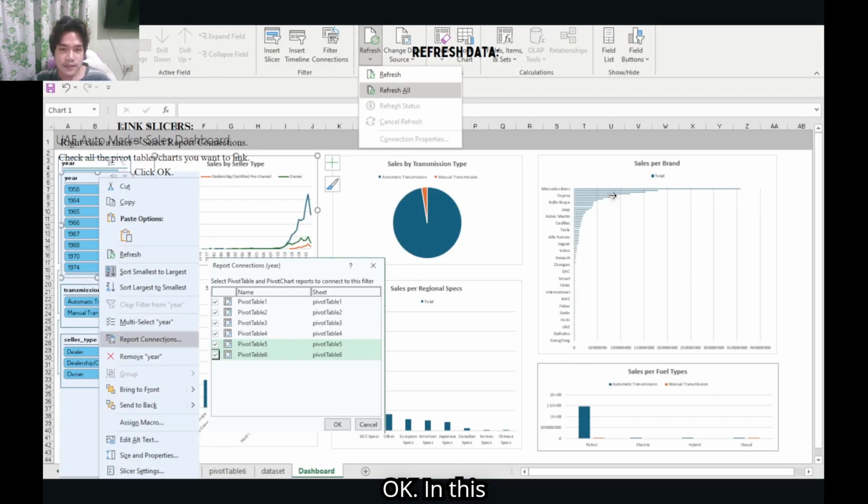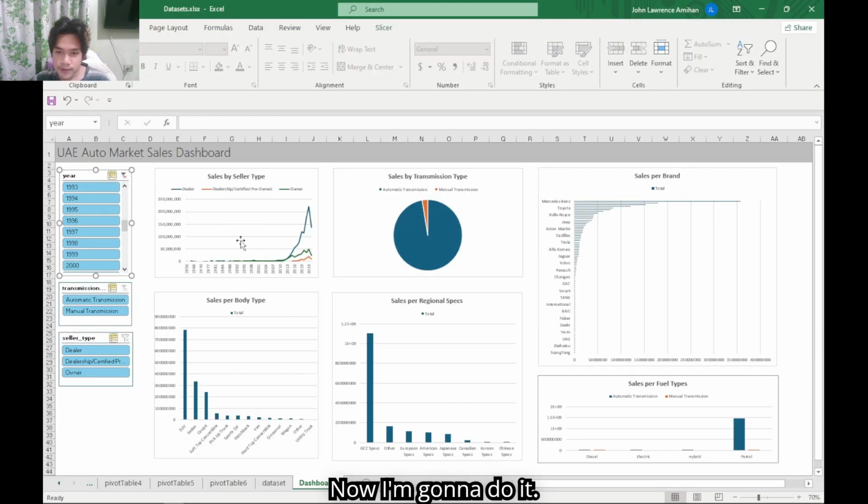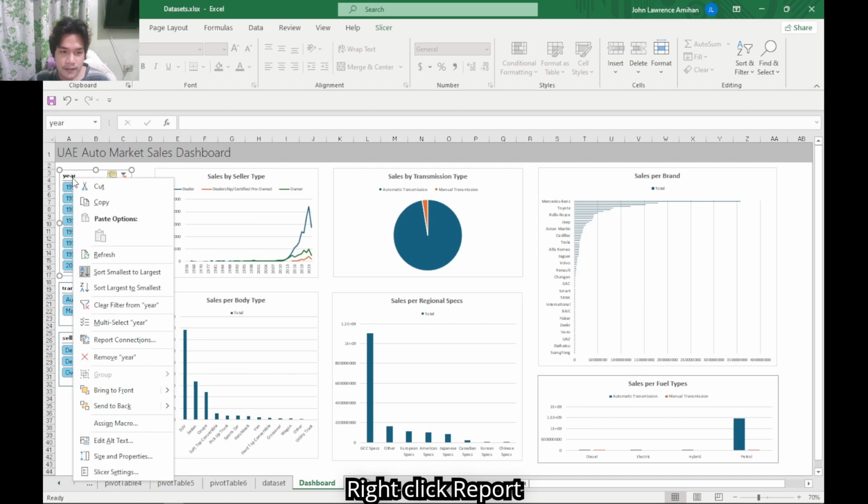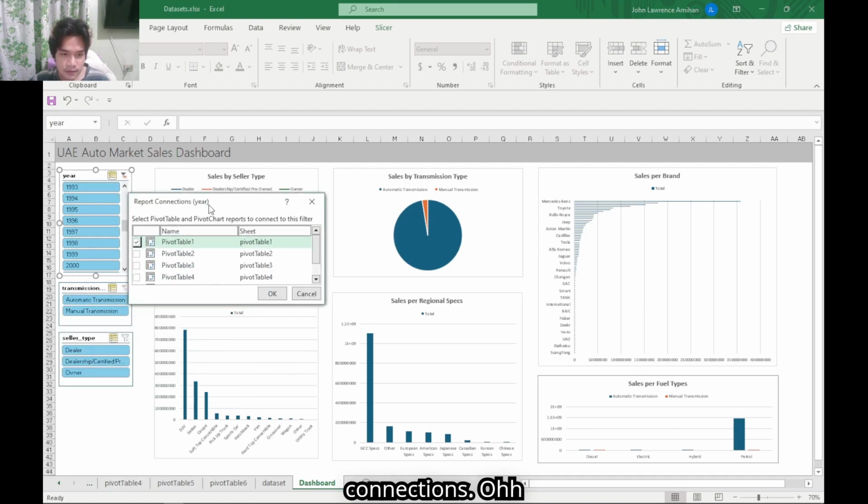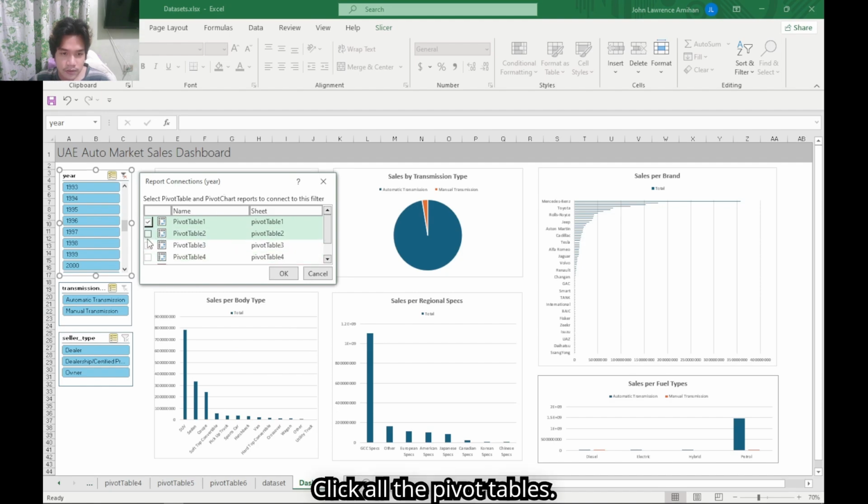Now I'm going to do it. Right click, report connections, click all the pivot tables and click OK.